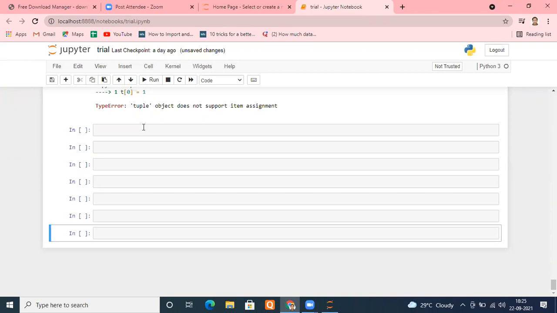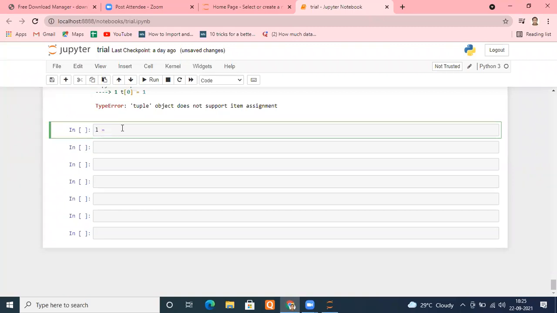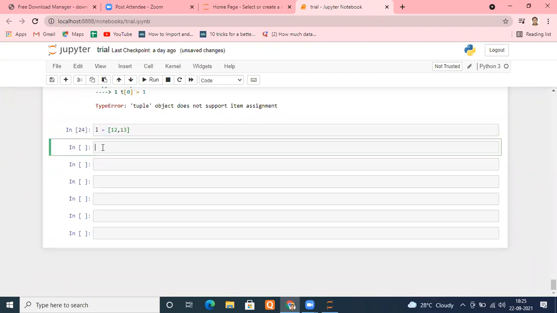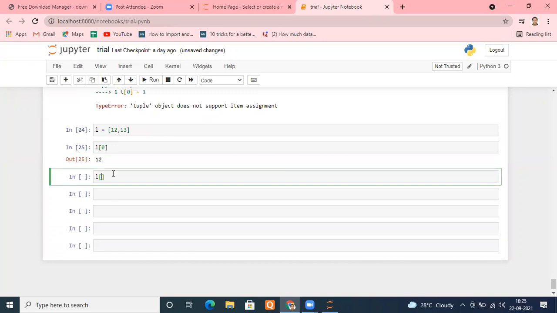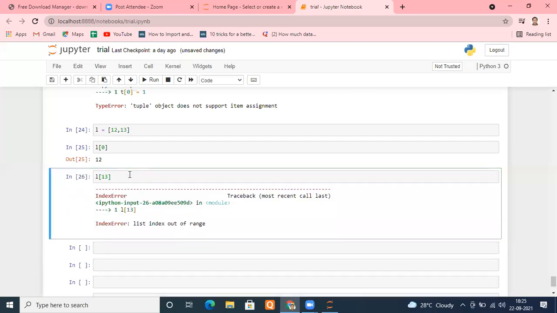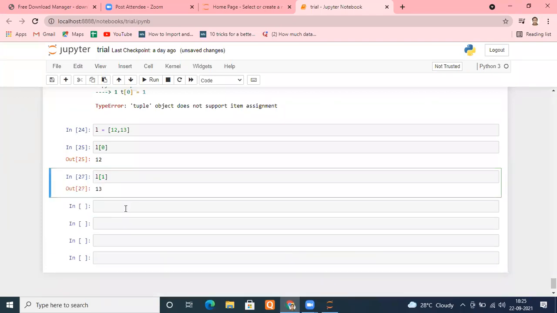Immutable. Yes, immutable. But there are elements which are mutable. Example, let me create the same type. Let me create a list, 12 and 13, the same way, but in square brackets. I access every element, like index 0, and it will give me 12. I will teach you everything about list and tuple, don't worry, because the mutable and immutable difference is coming here so that you can understand. Sorry, for 13 I have to put index 1. See, I'm getting 13.